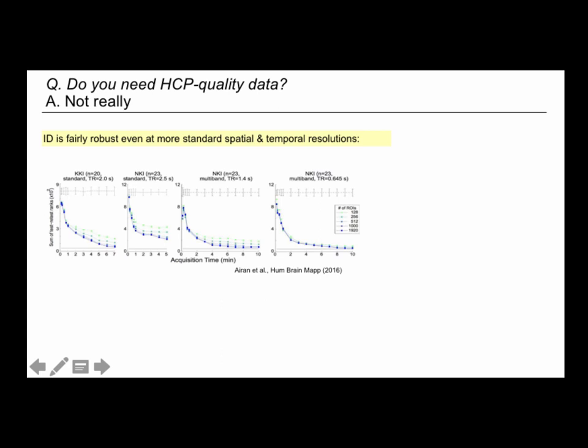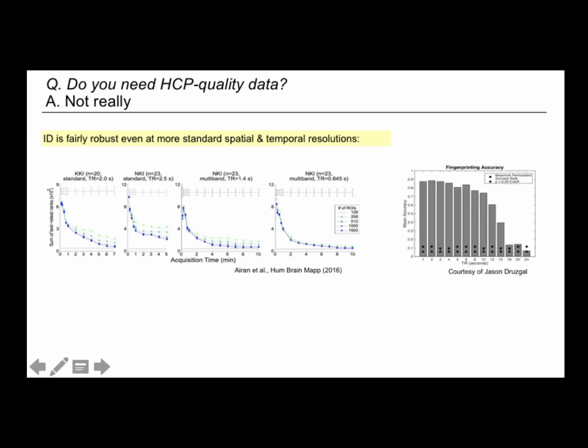But you can see that even in these more standard quality data sets, the identification converges fairly quickly. So this is only about 10 minutes of data in the extreme, and you're still able to get pretty good results here. This is some really interesting work from Jason Drusgall down at UVA, where they're using HCP data, but